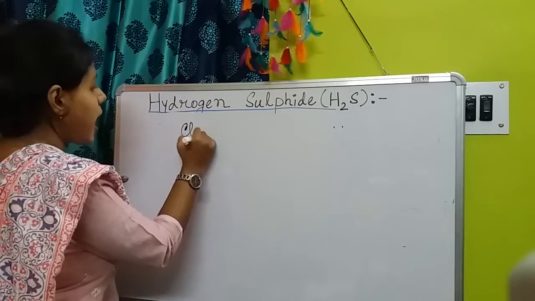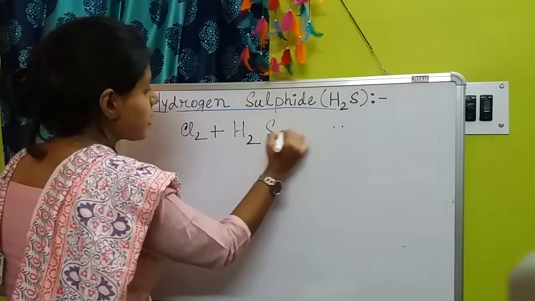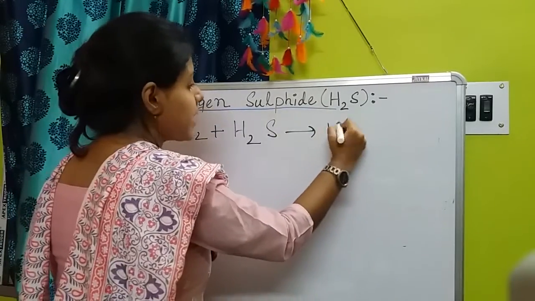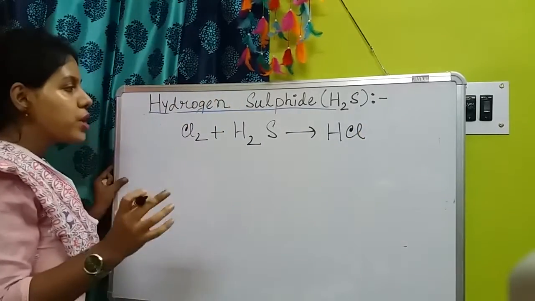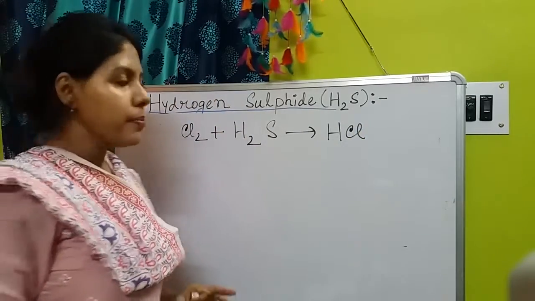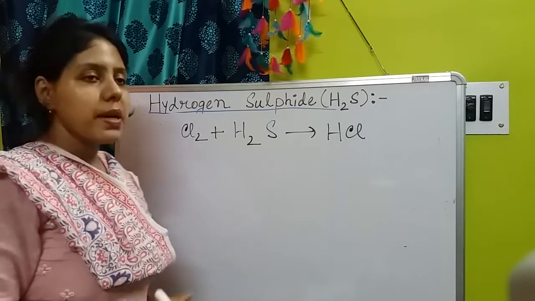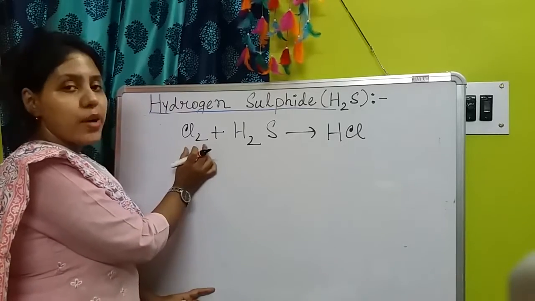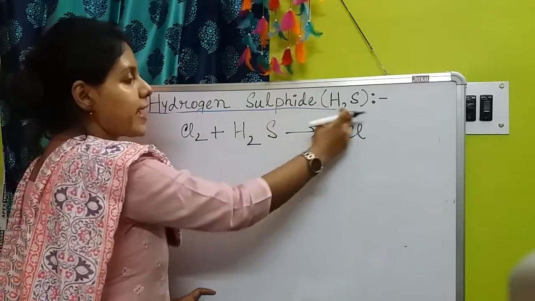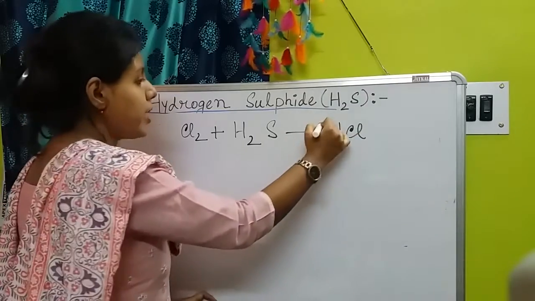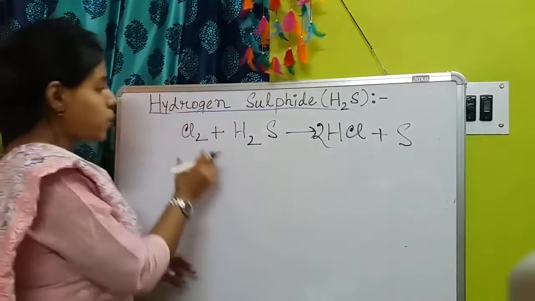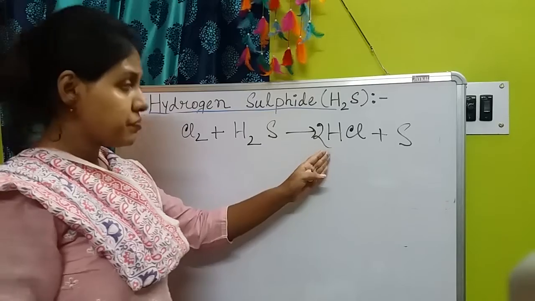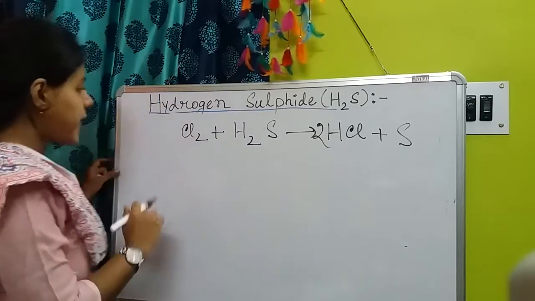Suppose you have taken a halogen and H2S. So H2S reduces the chlorine to HCl. How could you identify that chlorine is reduced here? Because as you know, reduction means addition of hydrogen. As hydrogen is added here with the chlorine, making HCl, that means it is the reduced product, plus sulfur. So any type of halogen, whenever it reacts with H2S, is reduced to its halogen acid. Okay. Next example,